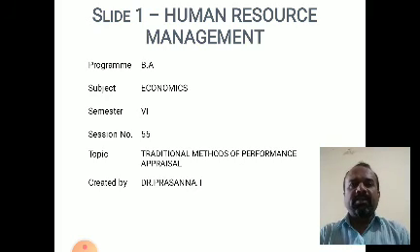There are three methods that we followed in the previous session. One is the graphical rating system, the second is behavioral aspects, and the third is the 2+2 method. Those three methods in human resource management, particularly in performance appraisal,